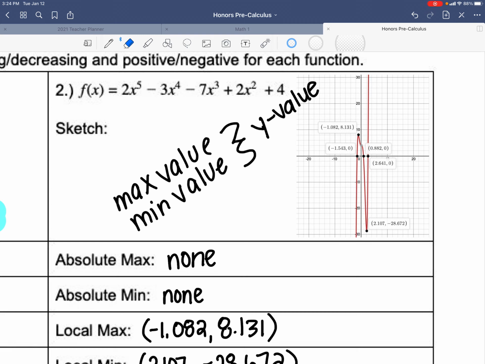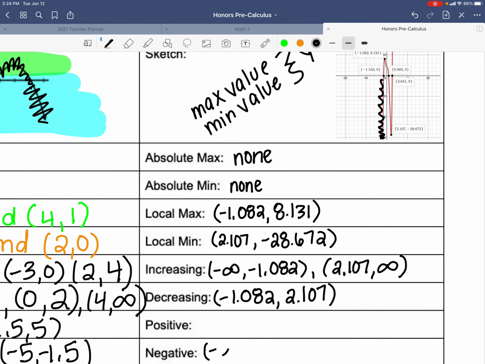All right, and then we have positive and negative. So remember, positive and negative is just what's above the x-axis and what is below the x-axis. So when I'm looking at the graph, I'm going to start from the left, and I can see that I'm below the x-axis. So I'm below the x-axis, which means I'm negative from negative infinity to negative 1.543, because that's that x-intercept right there. Then we're going to be positive until we reach this point, and that's going to be from negative 1.543 to